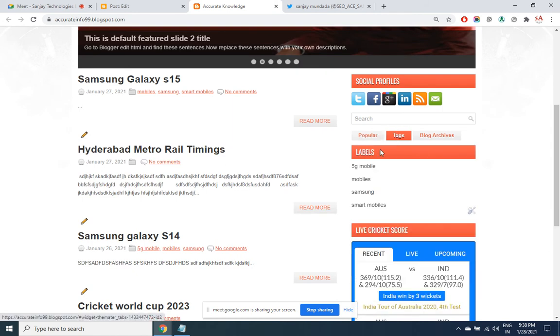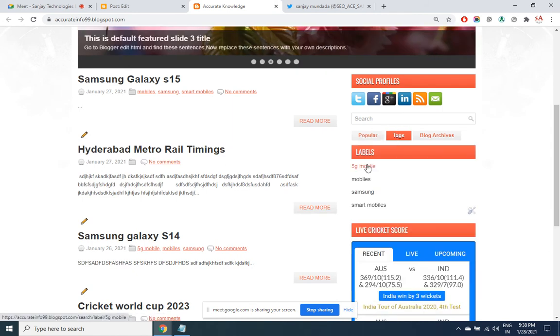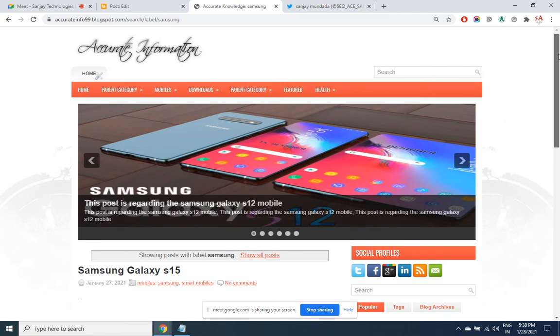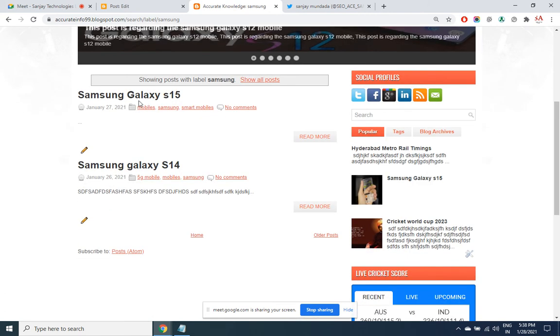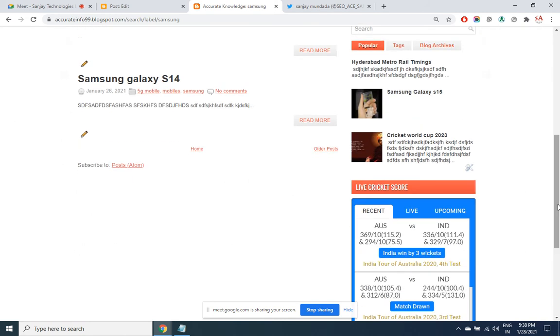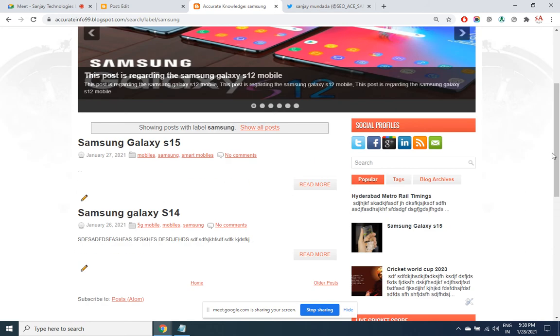See here. What all labels we have used in the entire website, all that will be shown up here. When you click on any label, all the posts which are relevant to it, where the label is common, that will show up in the results. So we have given this common label for two posts, and both are shown one below the other. So labels are also used in order to group the posts, and in turn you can provide this URL as a link in the menu.